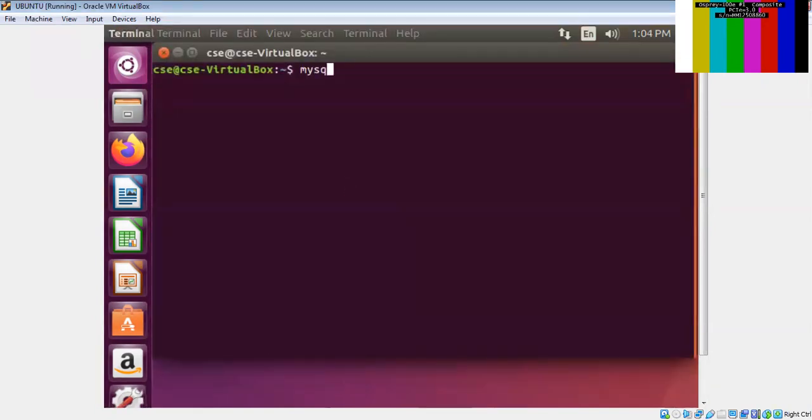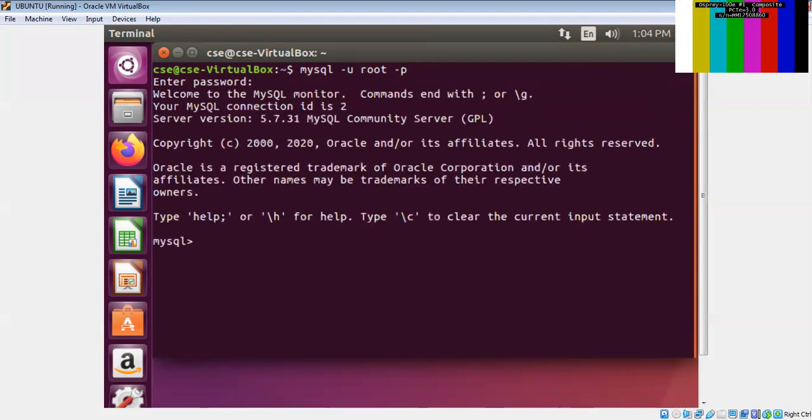We'll log in by using mysql -u root -p. Password is again root. Now we are going directly to the fourth experiment, that is DDL commands.